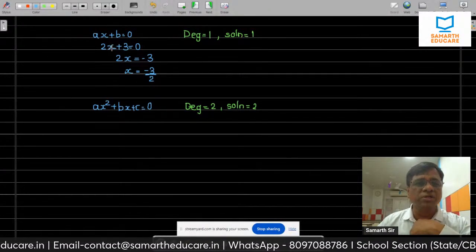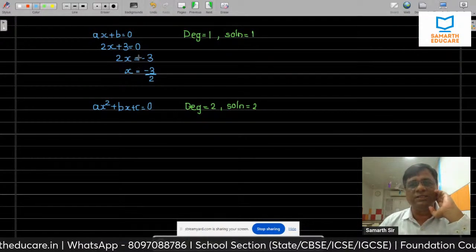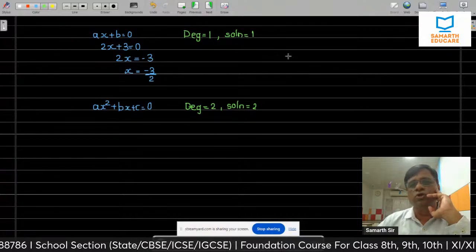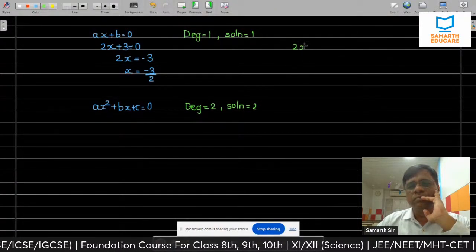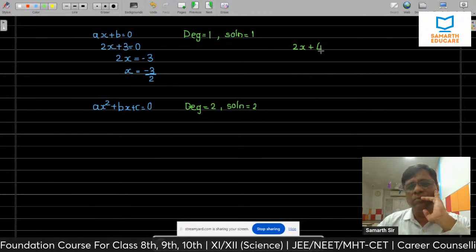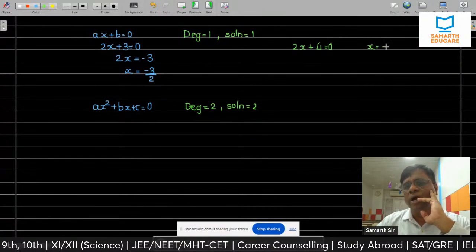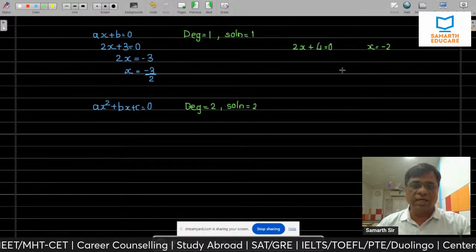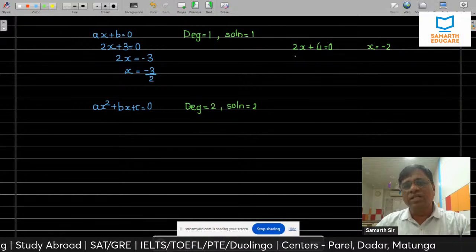देखो अगर मैं उल्टा सोचूं कि मुझे किसी ने बताया x इज इक्वल टू -3/2 सॉल्यूशन है, I give you another example. चलो, एक इक्वेशन है, 2x प्लस 4 इक्वल टू 0, a simple equation. Again I am taking, और मुझे किसी ने बताया कि x इज इक्वल टू -2 इज द सॉल्यूशन। तो मैं कैसे मान लूं ये सॉल्यूशन है,